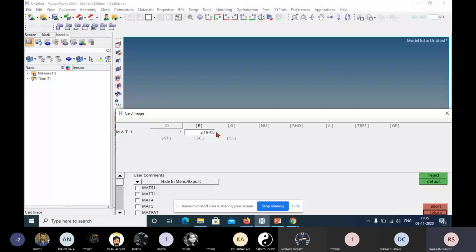Now G is not necessary to enter because it is calculated from E and nu. There is a relation between E, G and nu, so the software can calculate the value of G itself; it is not necessary to enter the G value. Next you enter nu, that is Poisson's ratio. This is 0.3, and it is the same as our problem definition, 0.3. Next one, rho, density, is also the density of steel. By default